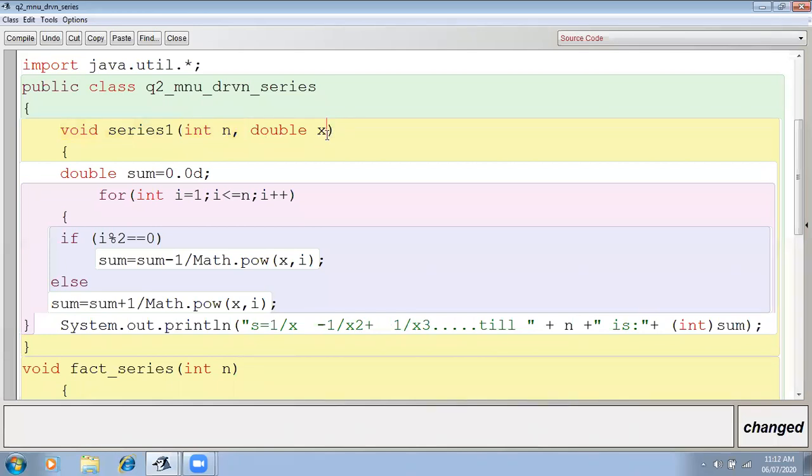Then double x. x is the value by which I will divide, x square, x cube, like that. Why I have taken it as double, I'll explain to you.